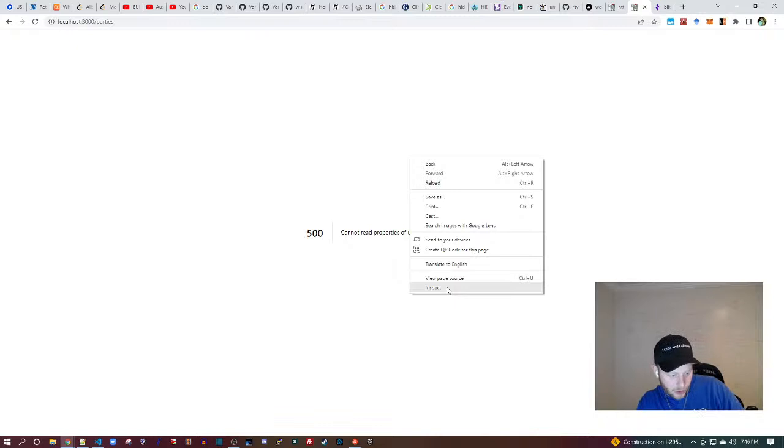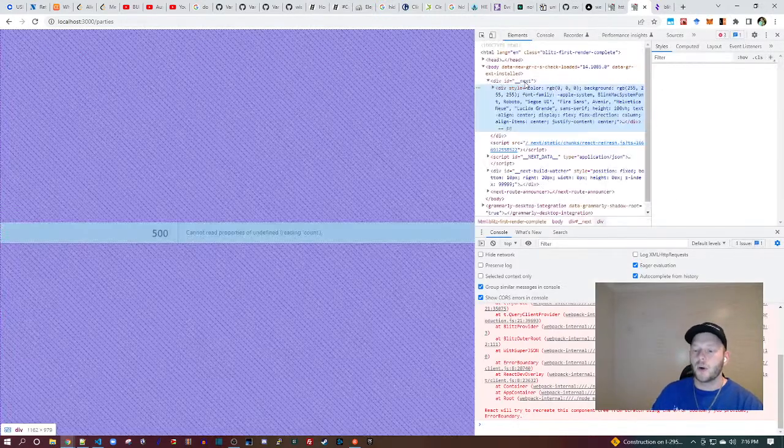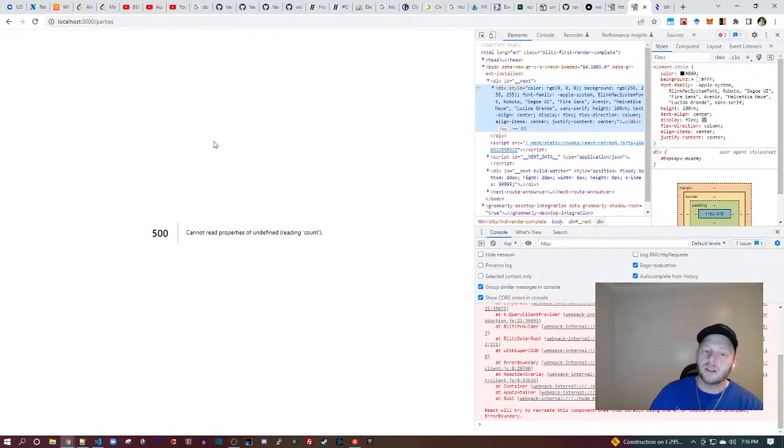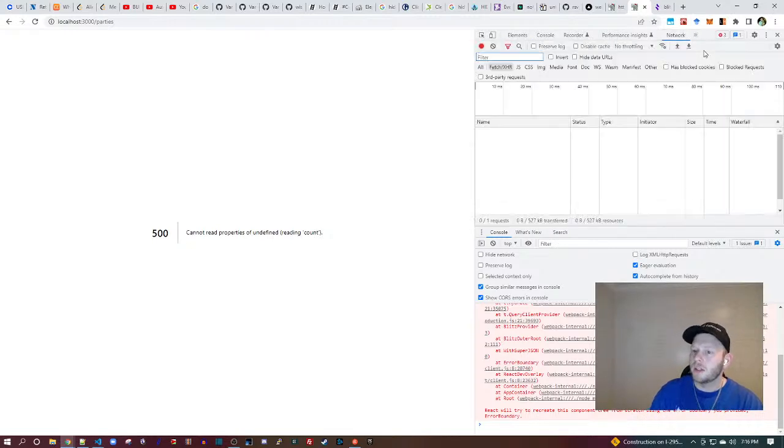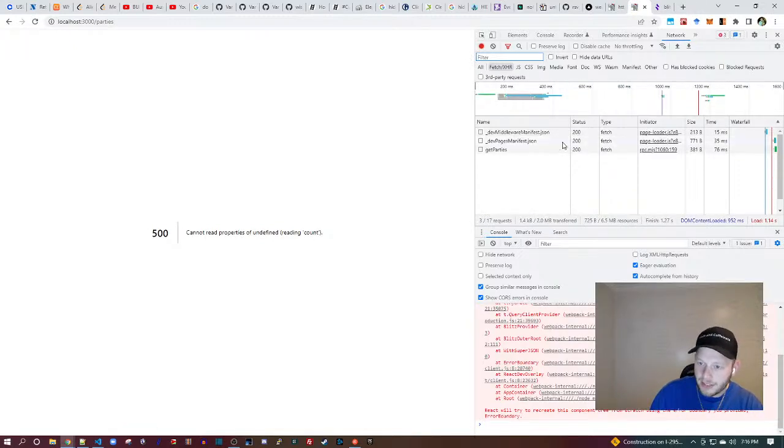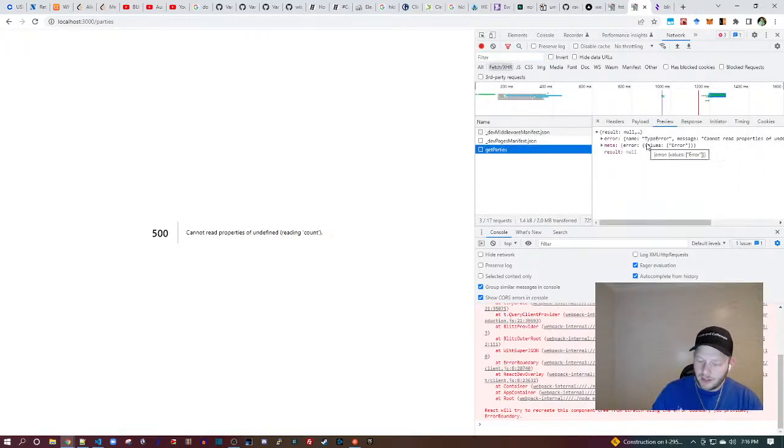You can see in the URL, parties. So the application is recognizing something should be here. So it did not miss on the pluralization problem, where I tell it I'm creating a party table, and it needs to understand that the URL becomes parties. So the system understood that. That's great news. Well, let's go over here. We're going to refresh and read and see how we got an error. So we got this get parties call.